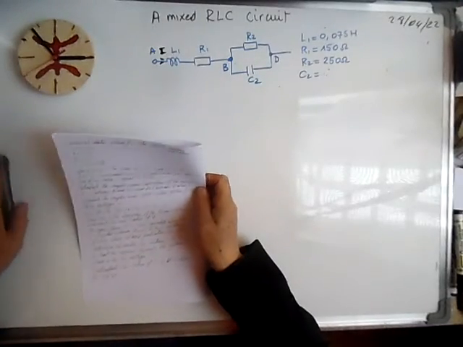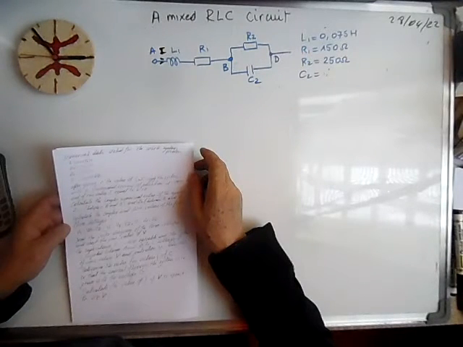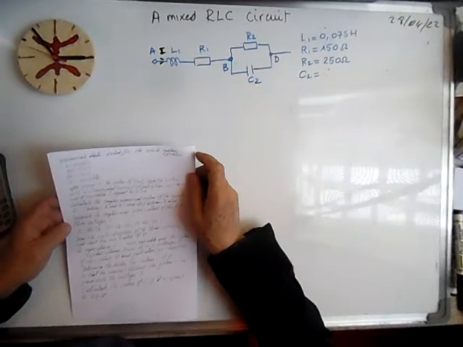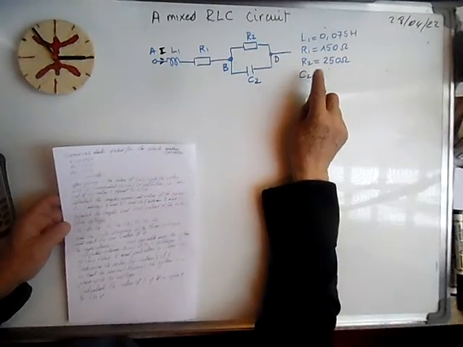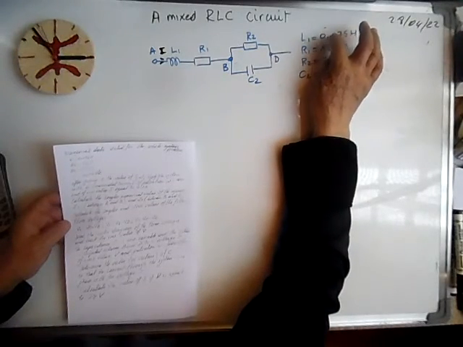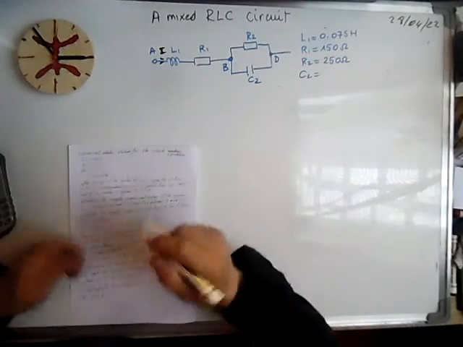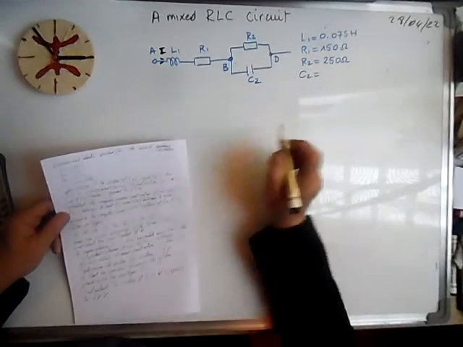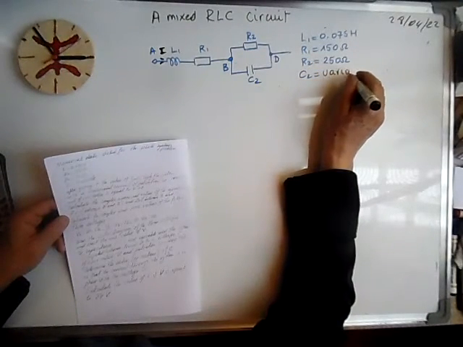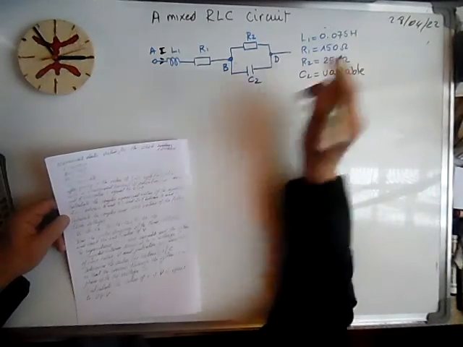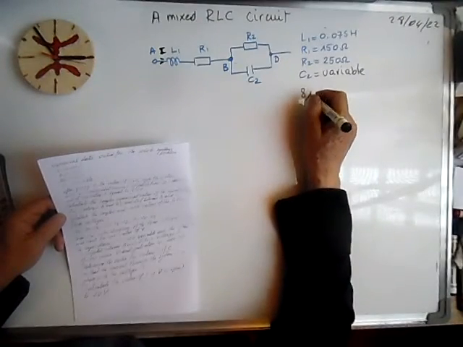Okay, good morning. We have a problem, a mixed RLC circuit, and the numerical data is valid for the whole problem. L1 is 0.075 henry, R1 is 150 ohms, R2 is 250 ohms, and C2 is variable. After giving C the value of 8 microfarad,